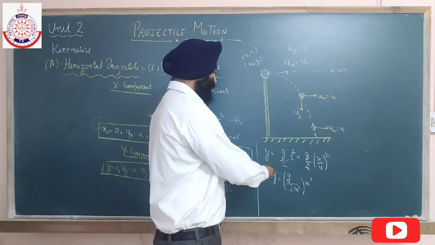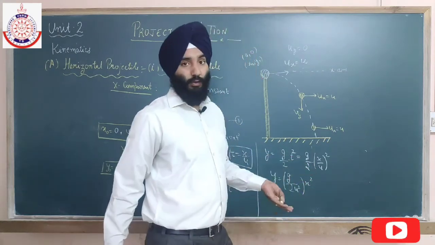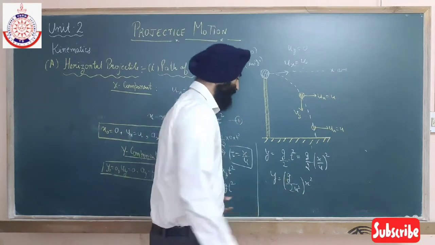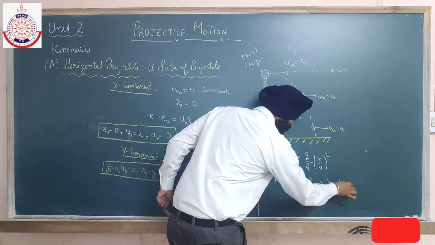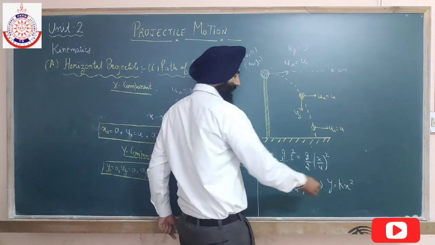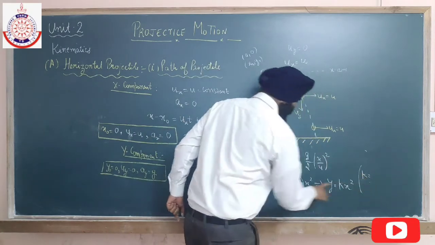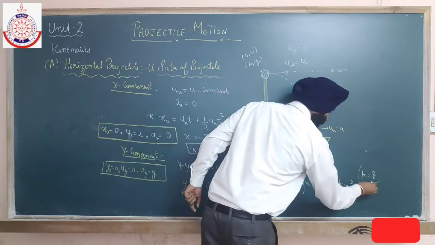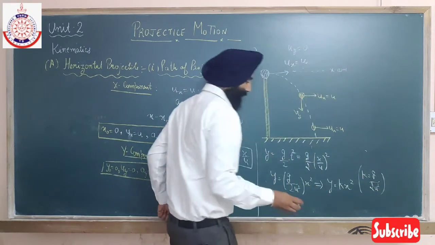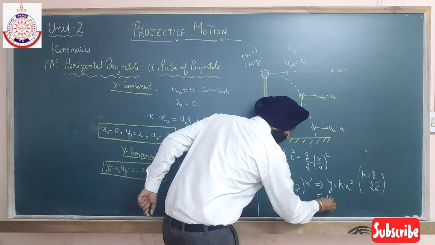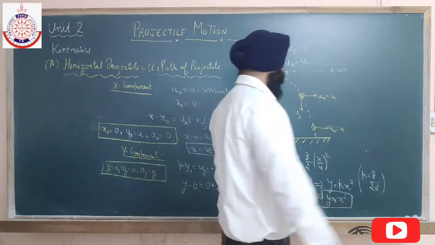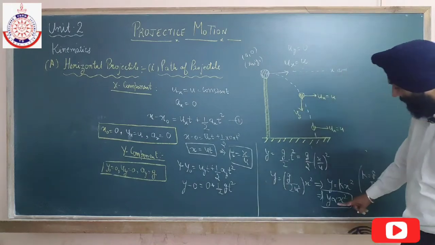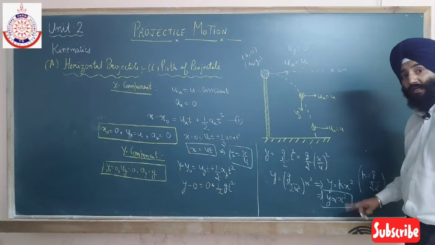It means one coordinate depends on the second power of the other coordinate. ठीक है? एक कोऑर्डिनेट दूसरे कोऑर्डिनेट की सेकंड पावर के ऊपर डिपेंड करे and this term is constant. So I will write this term as y equals kx square, where k is g upon 2u square. Or we can write it as y is directly proportional to x square. It means one position coordinate is directly proportional to the square of the other coordinate.